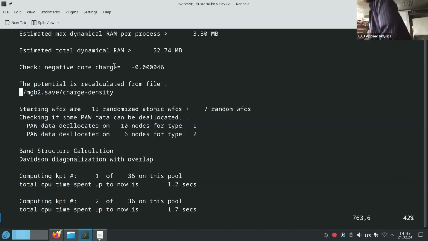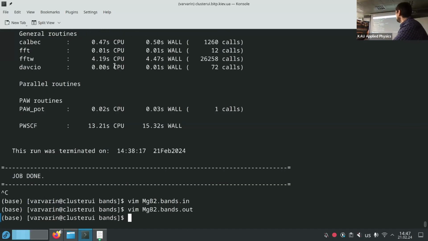Now you can calculate this DOS. DOS? Not Bands2? You can calculate Bands2 if you want. And then we get the band structure. Yeah, okay, let's start.